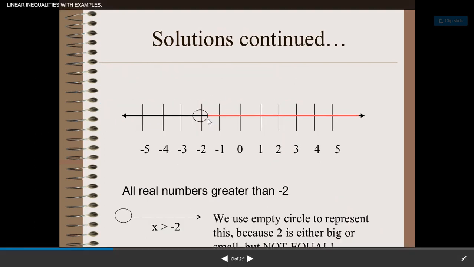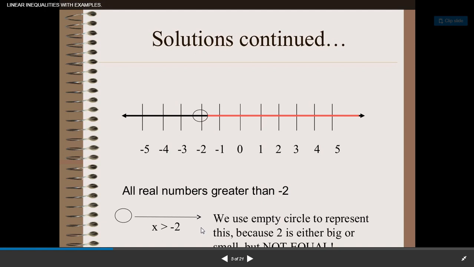Alright, now if I were to focus on the other side of the number line, as I said, the red color line indicates the solution. So over here, we've taken into consideration all the real numbers which are greater than -2 because the circle is made at -2. So that's the main value that we are considering. And thereafter, we look into the direction. So this is basically all the values which are greater than -2. And a point to be noted over here is we are talking about real numbers. So which means decimal values, fractions, all numbers which fall within this range are included in the solution set.